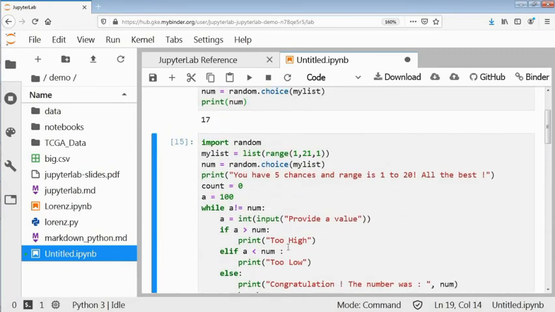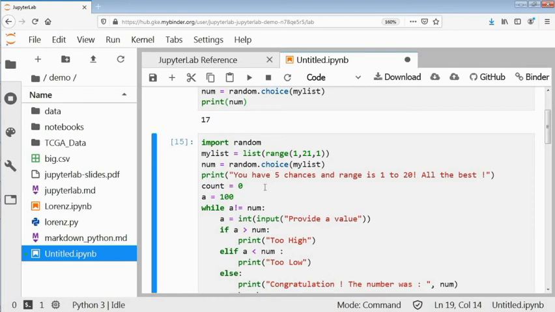Now let me tell you what I did. At first I imported the random package, then made a list with the range from 1 to 20. Then I took a number randomly using the random package's choice function from this list.